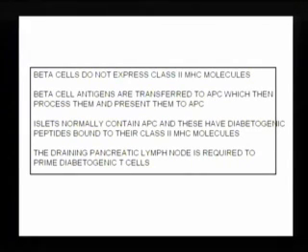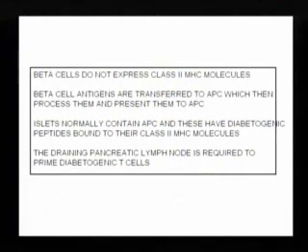And that's very well documented, and now you see data on it. So beta cell antigens need to be transferred to the APC, which then will process them, as you saw in the various examples that I gave you, the lysozyme. Okay. So there is this kind of situation that makes it difficult then to do the biochemistry.